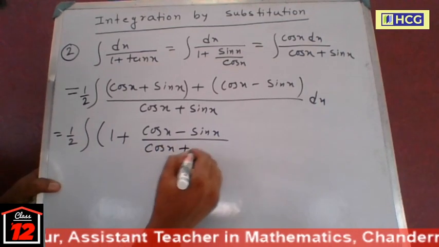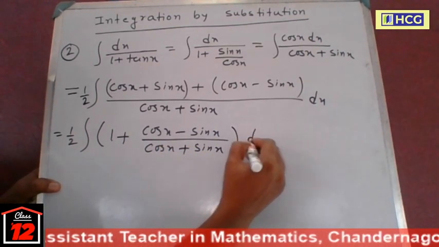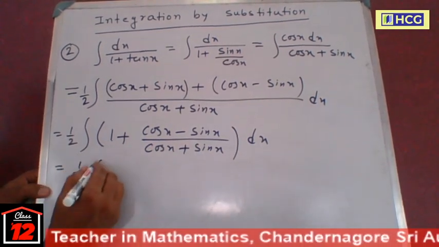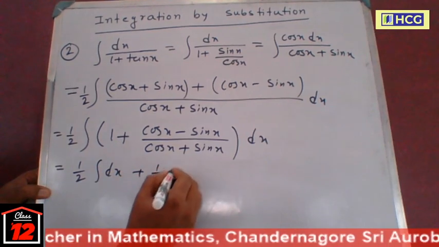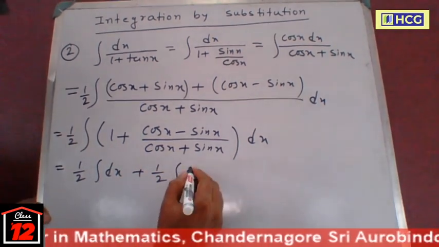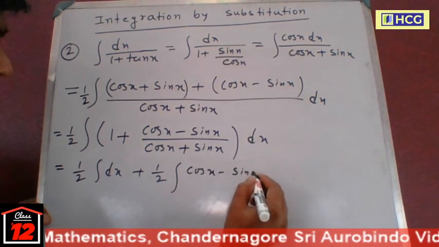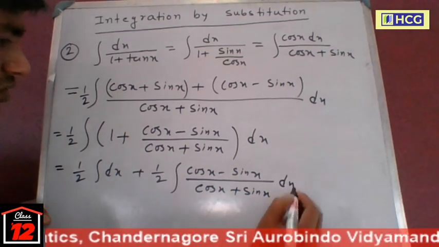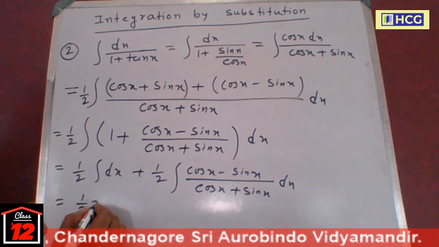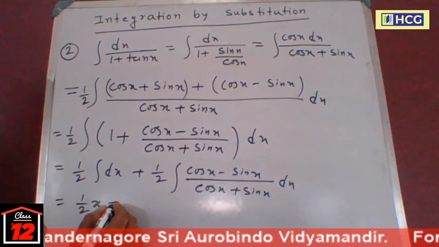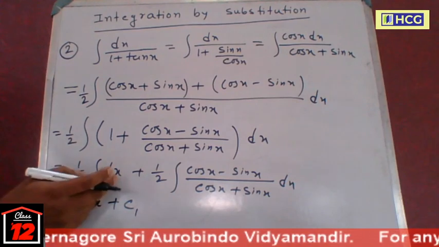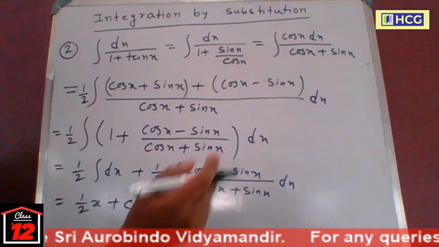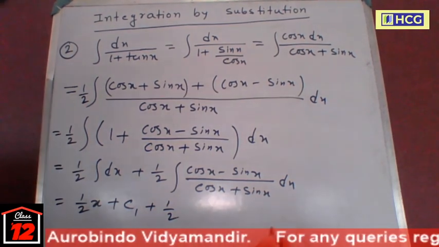cos x plus sin x dx. Now split the integration: half into integration dx plus half into integration cos x minus sin x divided by cos x plus sin x into dx. So now this is equal to half into x plus c1. C1 is the integration constant for this indefinite integral, plus half into, and for the second indefinite integral we put